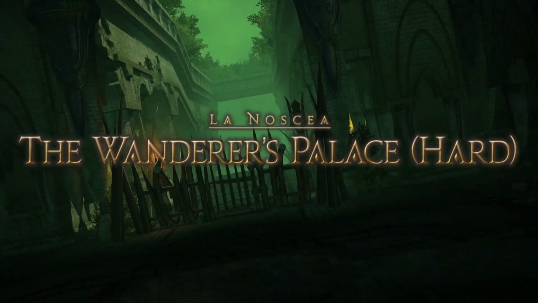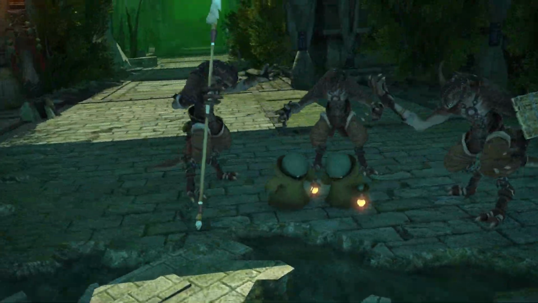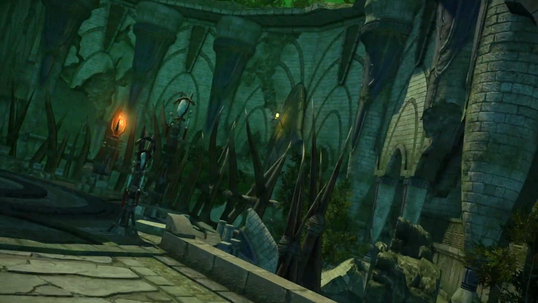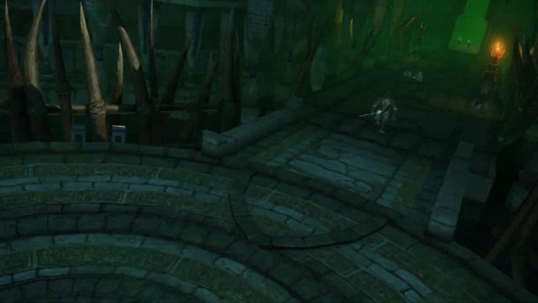The Wanderer's Palace Hard is a level 50 dungeon available after completing the main story questline, and is part of the quest Not Easy Being Green. It is also worth mentioning that at the time of recording this video, 100 Tomestones of Poetics are awarded upon